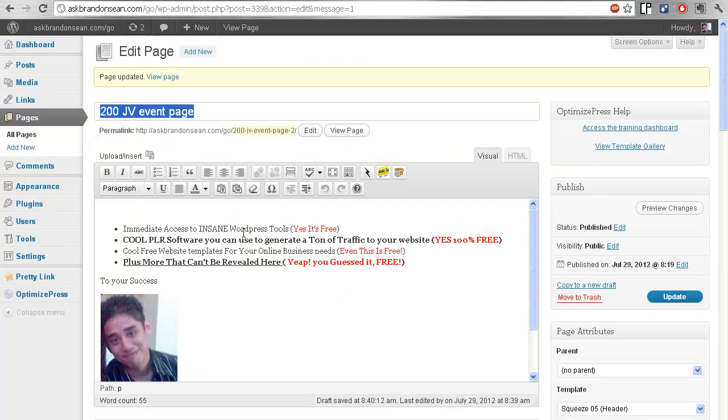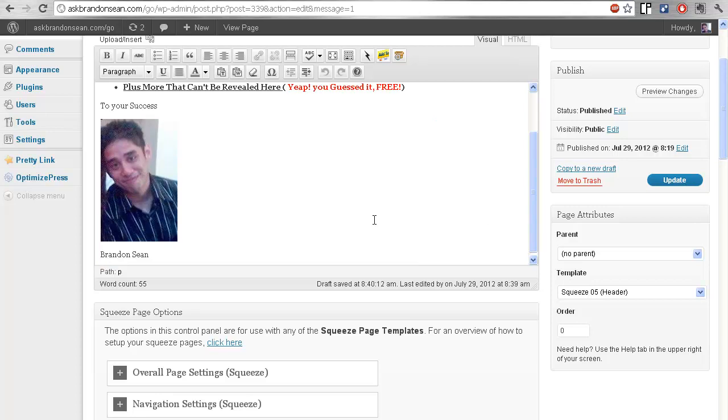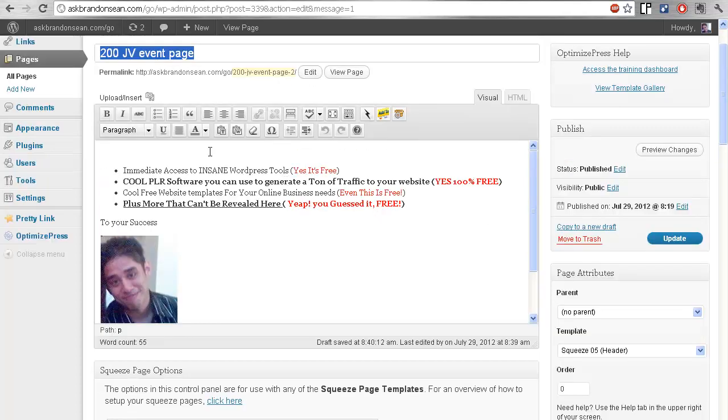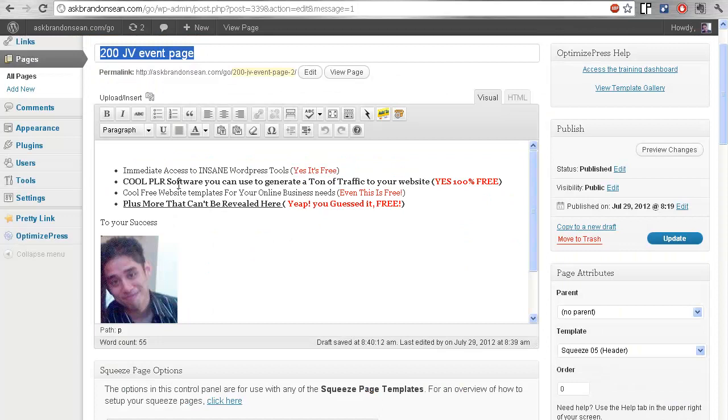Now the edit page section. Here it is, my bullet points here, and if you're using Optimized Press, you go to the page attributes. The template that I use is the squeeze 5 header. And here are my squeeze page options. By the way, this is text. I use similar to this. This text: immediate access to insane WordPress tools, all just here in the